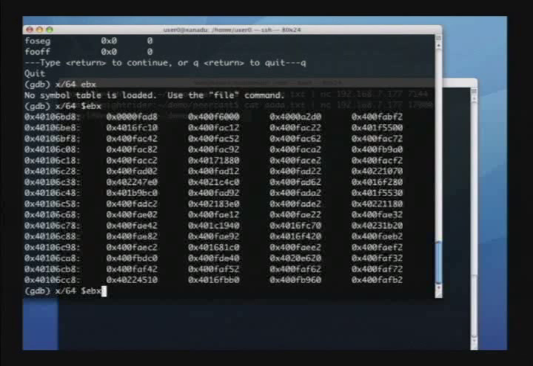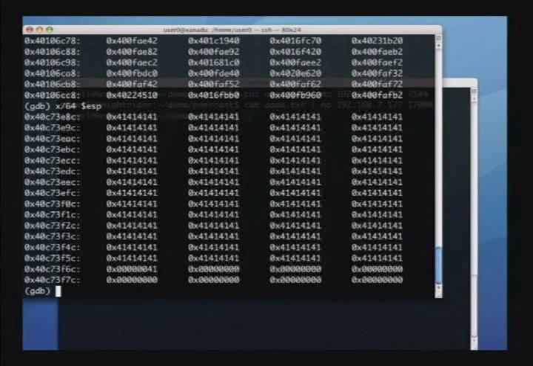Some part of the memory doesn't look interesting. Say x/64 $ESP. ESP points to some region of my buffer. Where in the region, I don't know, but looks like it's towards the very end. Now, how do we calculate which of these 4 bytes went into EIP, and how do we calculate which region